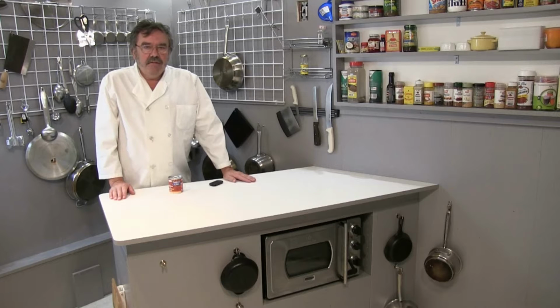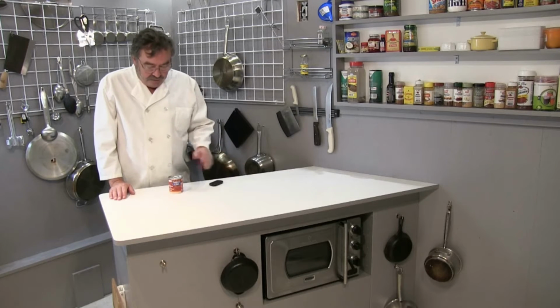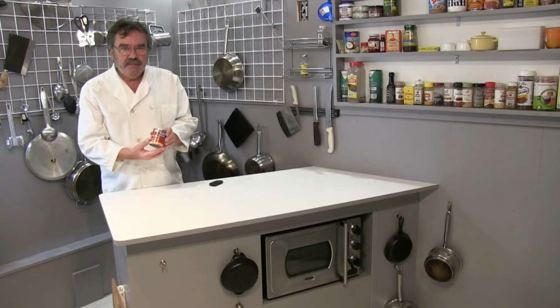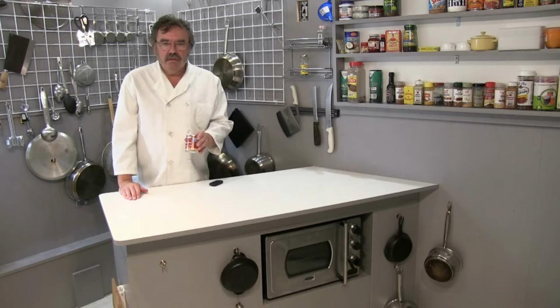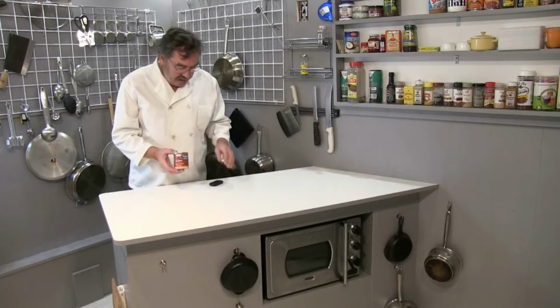I'm going to make myself a classic comfort food. Beef hash. Now you're probably all familiar with corned beef hash. This is made from corned beef, and corned beef basically is a beef that has been cured, usually by salt and sugar. Sugar. Oof. This stuff's really not all that bad in a pinch,